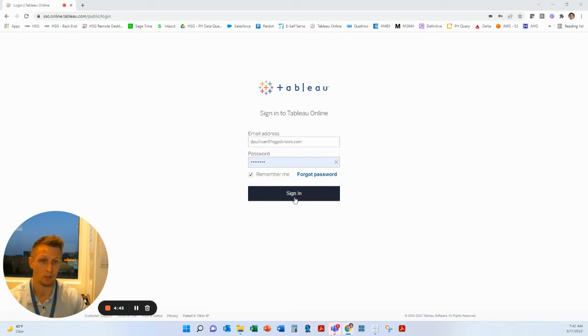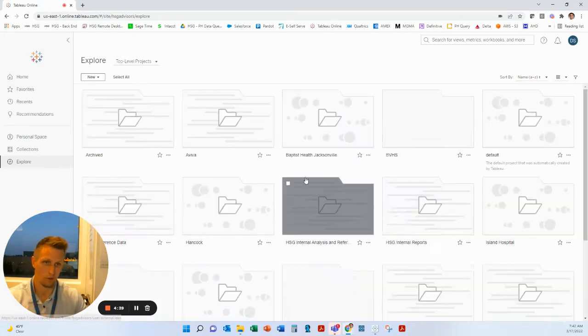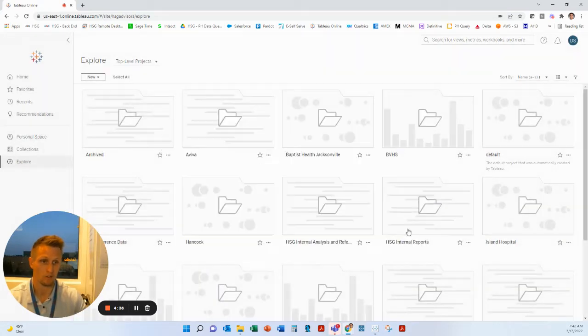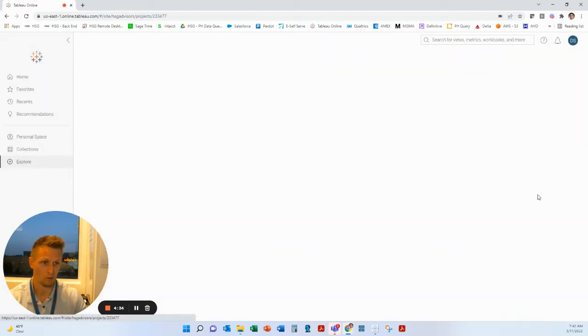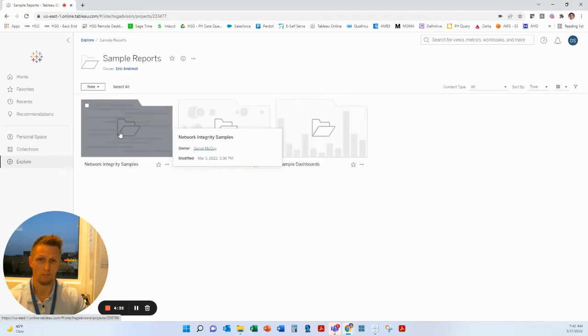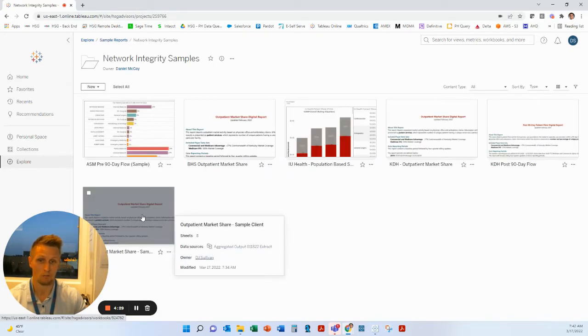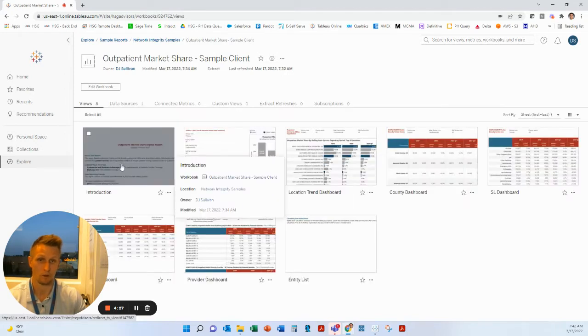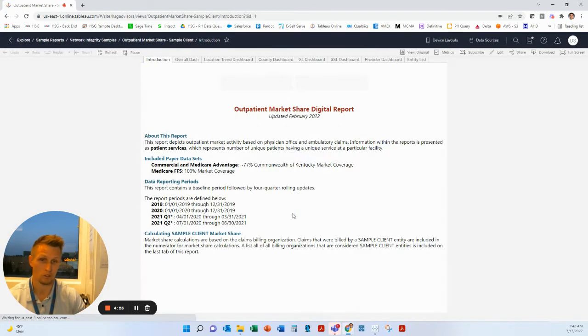Your organization has the ability to simply log in as I'm doing here. You would have a lot fewer views when you get into the specifics of the actual dashboard options, but I'll walk through a quick sample for what we define as our outpatient market share from a sample client standpoint, where the data that's feeding into it is physician ambulatory claims data with variable market coverage, both from a commercial Medicare Advantage coverage standpoint, but then 100% of fee-for-service Medicare, ideally trending all of that